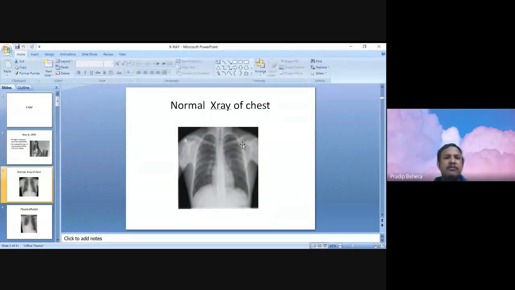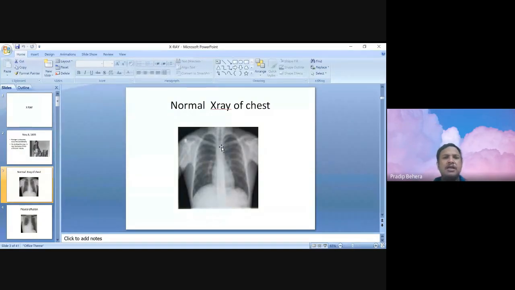So first I want to show you the normal X-ray. I think it is visible to all of you. And normally, how do we describe an X-ray? For the X-ray of the respiratory system or the X-ray chest, we can have two views. One is a PA view, another is an AP view. So when you are asked to just comment on the X-ray, you will say, "Sir, this is an X-ray of the chest, PA view or AP view." So how to know which is PA view or AP view?